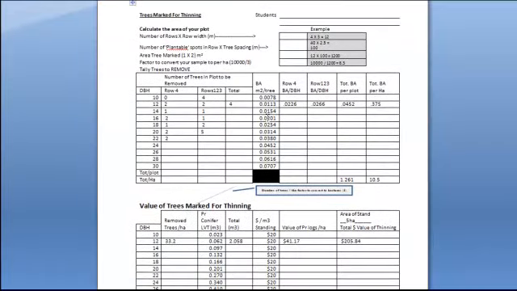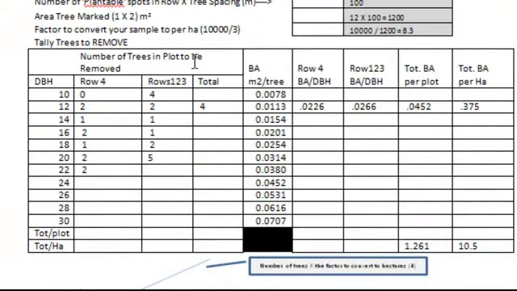And then down here, what you're going to be doing is looking at the stand again, but this time you're going to be doing a little more detail, in that now that you know the base layer you have to remove, what you're going to do is figure out all the trees you need to remove. So obviously you have to remove all of the fourth row of basal area. So you have to tally all the trees. So you and your partner are going to go down row 4 and tally all the trees